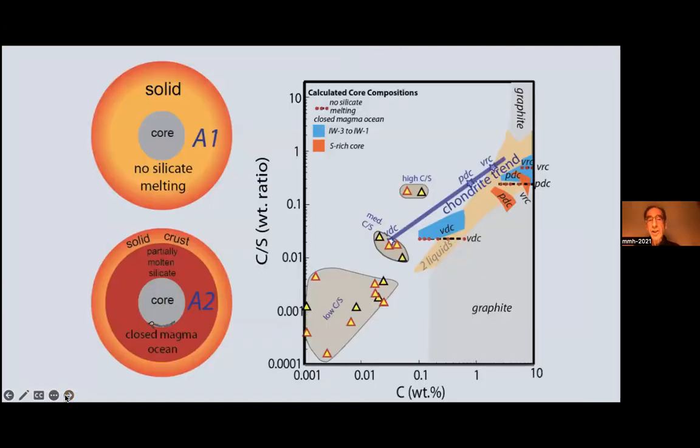If we were to say, let's just take all the metal from those chondrites and put it into the core, we would find that the carbon-sulfur ratio wouldn't change, but the carbon concentration would increase, and we would get bodies over here. It's not the right direction. It's not where the actual bodies are. So with closed system differentiation, or even if we allow melting to occur but nothing else, just melting and movement of the carbon and sulfur into the metallic core, we would get compositions off in this direction, which we do not see and which do not reproduce what we see in these cores.